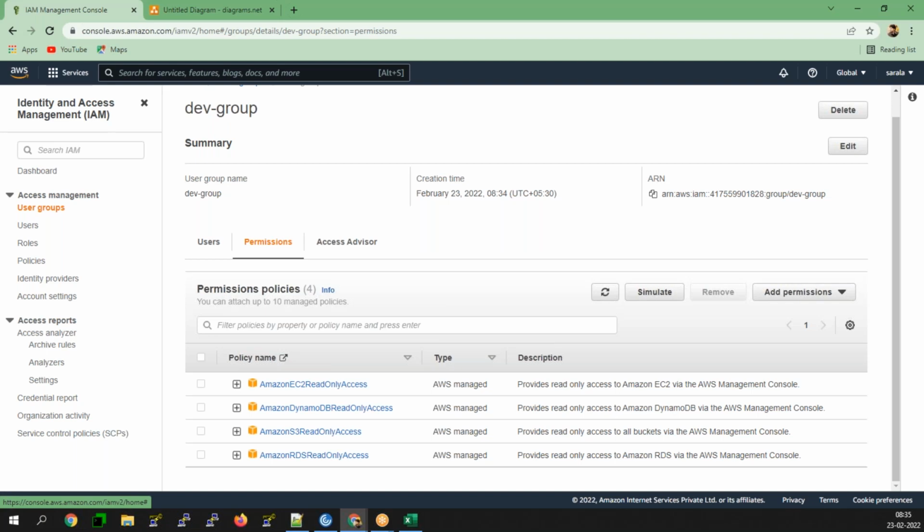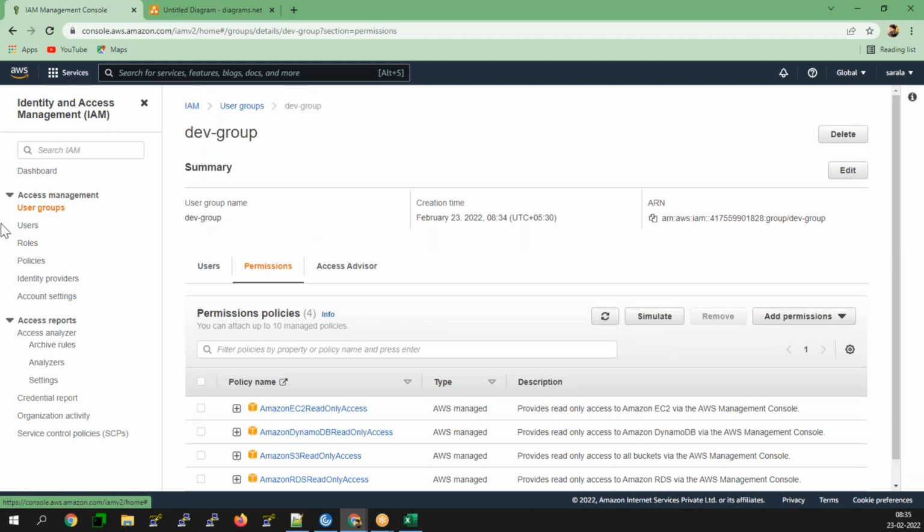This is one thing you need to understand. Am I clear on this? Any questions, any doubts? S3 read only, RDS read only, DynamoDB read only, and EC2 read only for the dev group.